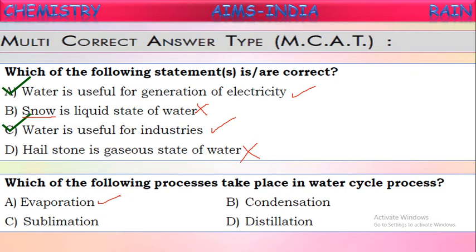Next, this evaporated water vapor forms clouds. These clouds move from one place to another because of wind. When they touch very cool areas, they start converting into liquid water again, water droplets. This conversion of water vapor into liquid water is called condensation. So condensation is also involved. As these water droplets are formed and become heavy, they start coming down in the form of rain. So the water cycle involves these processes called evaporation and condensation.